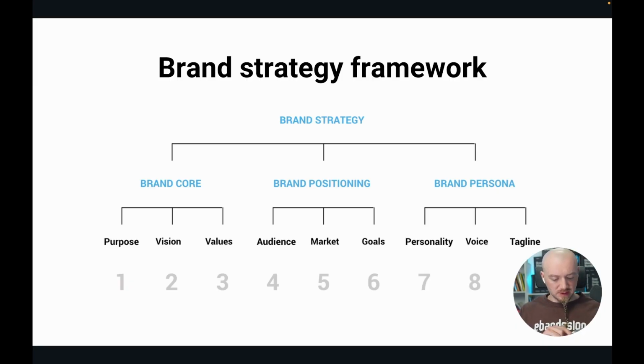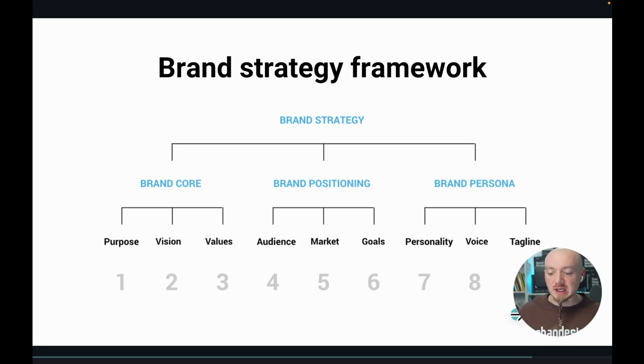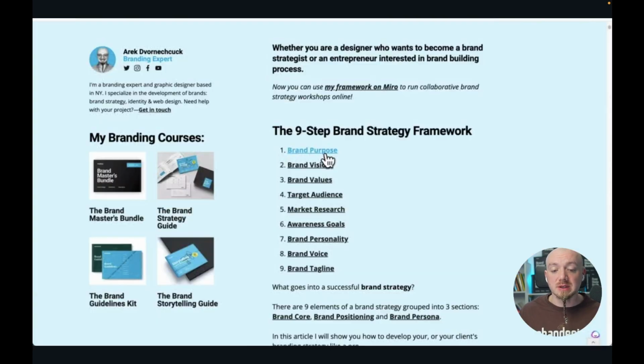Some conclusions. So there you go. Here is my brand strategy framework with an overview of those 9 exercises. If you want to build a strong brand, you need to get everyone on the same page, partners, key team members, and define those different elements of brand strategy to get clarity on how to build and maintain